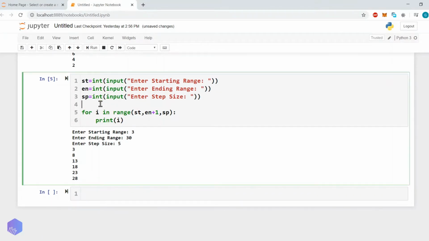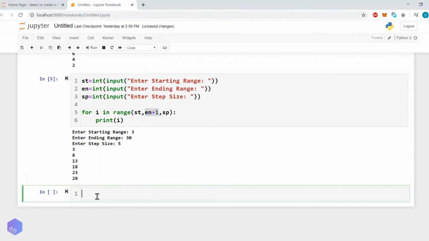Now just try to remember that whenever we are using the range function, the one argument which is required is the stop value. We can write the range function in three ways.